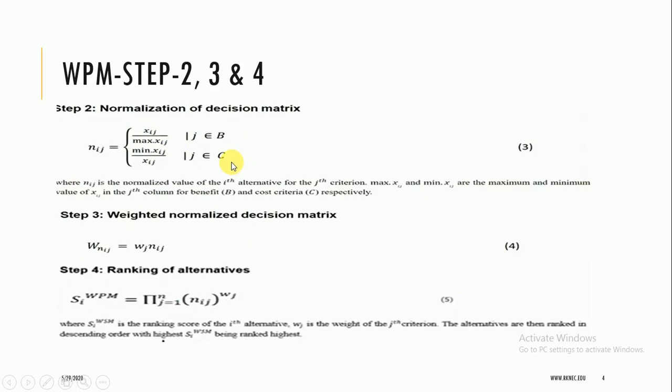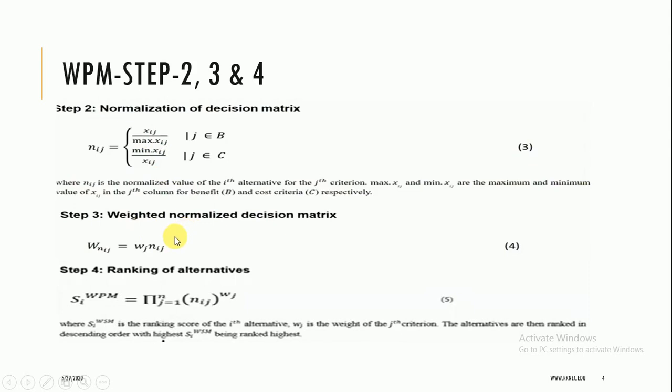In the earlier example, I explained that if we have a benefit criteria, it means all those criteria whose values, if they are on the higher side, are beneficial to us. Cost criteria means all those criteria whose values, if they are on the lower side, will be beneficial for us. So the normalization will be different. For the benefit criteria, each value in the column will be divided by the maximum value of that column, and for the cost criteria, the minimum value of that column will be divided by each value present in the column. So this is how we are going to apply the normalization.